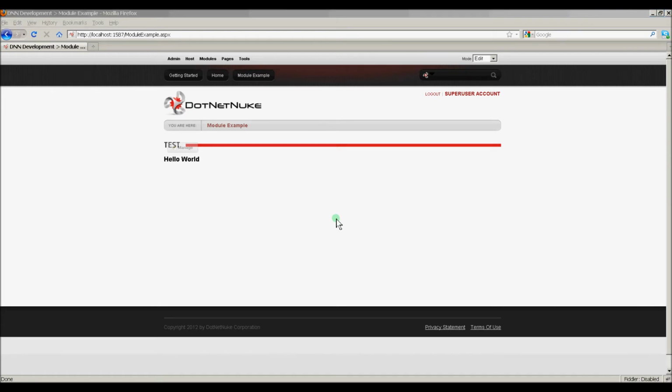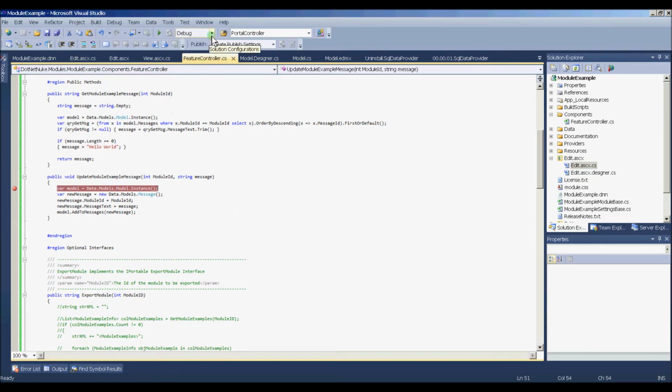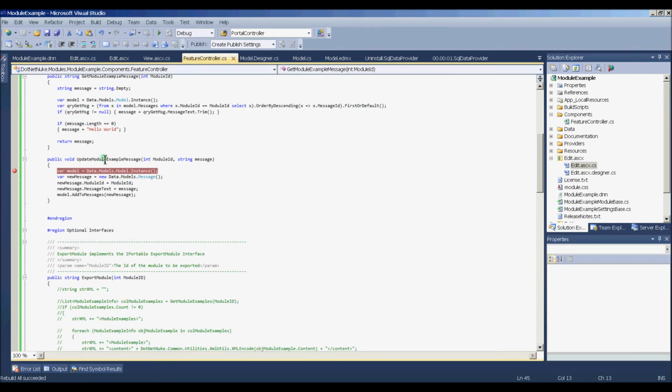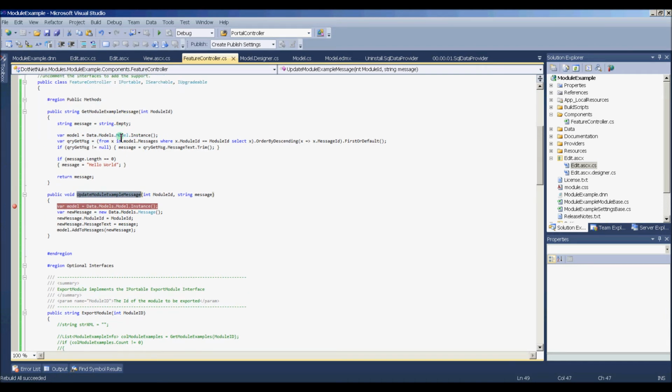So let's debug this. I'm going to go back to Visual Studio. I'm going to make sure I'm in debug mode, and then I'm going to make sure I rebuild the debug version of the project. Okay, so now I'm going to set my breakpoint, and I went ahead and added it here in the update module example in my controller. I think that's where the problem is,